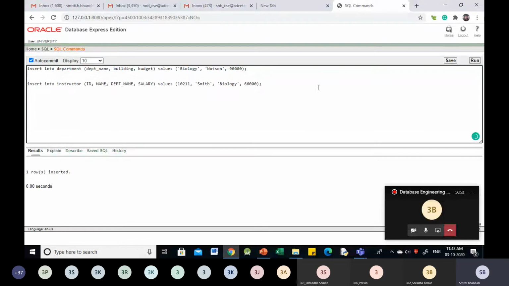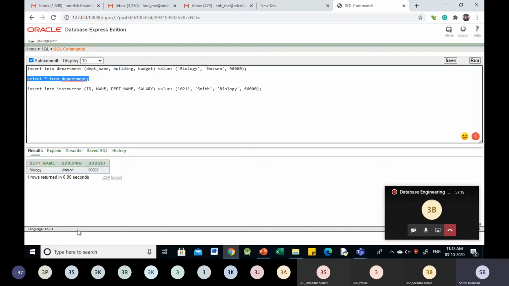Now I want to check whether that record is there in my department table. I am using the simple form of the select statement: select star from department. This statement will list out the data in the department table. If I execute it, I have one row added into the table. Department name is biology, building is Watson, and budget is 90,000.